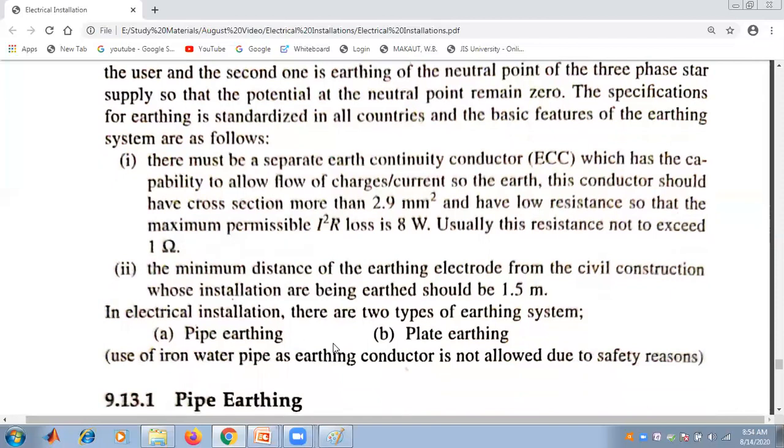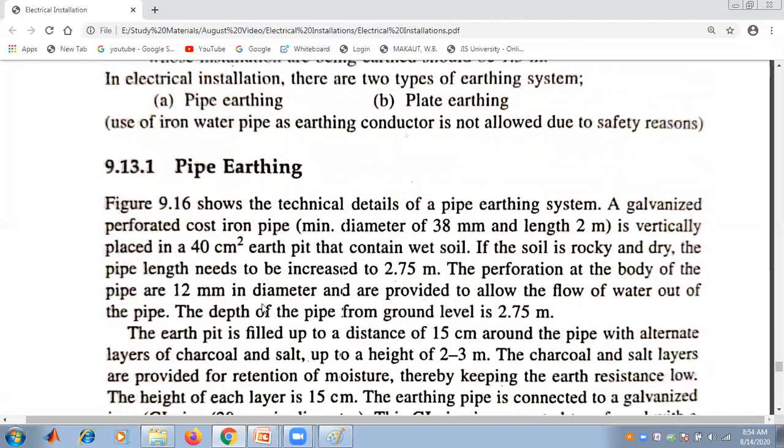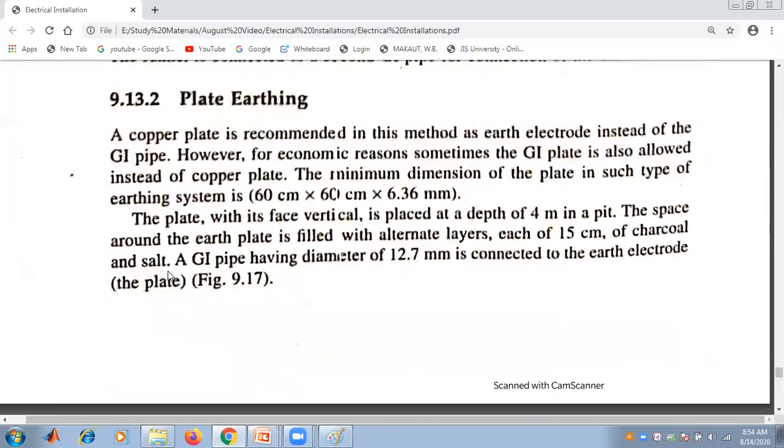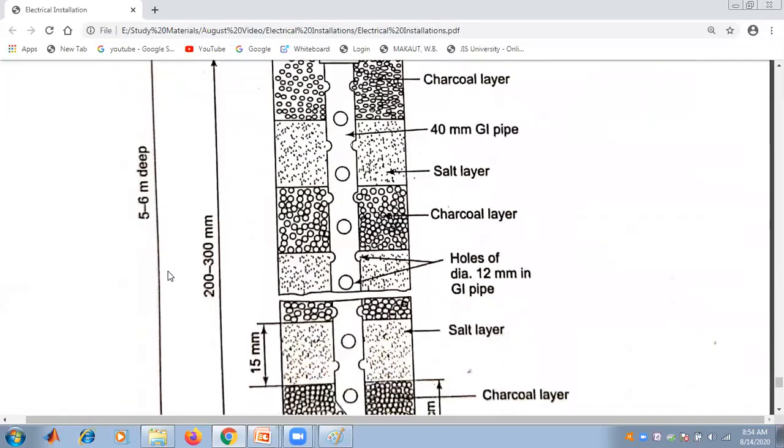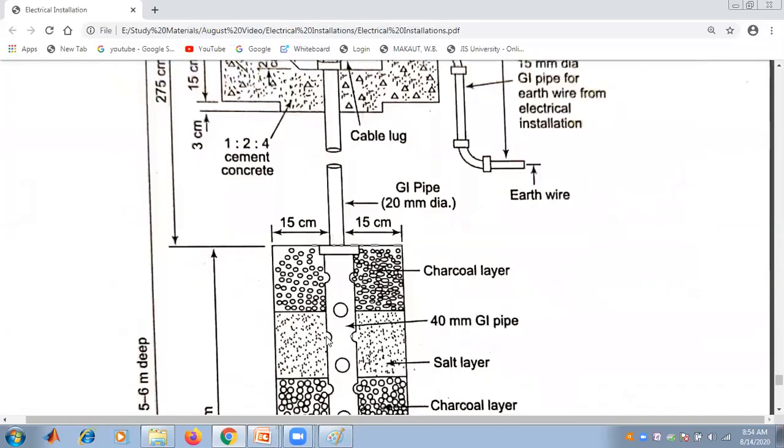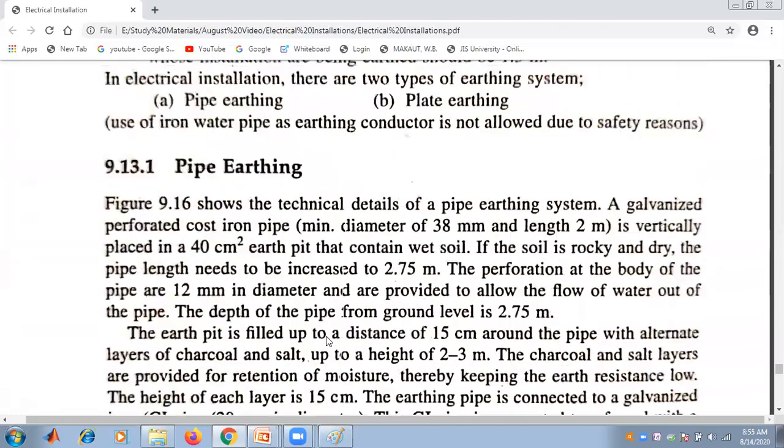So in electrical installation, there are two types of earthing system. One is known as pipe earthing and another is plate earthing. Use of iron water pipe as earthing conductors is not allowed for safety reasons. So first is the pipe earthing. This is the general figure for the pipe earthing. This is the pipe earthing construction, and it is clear that